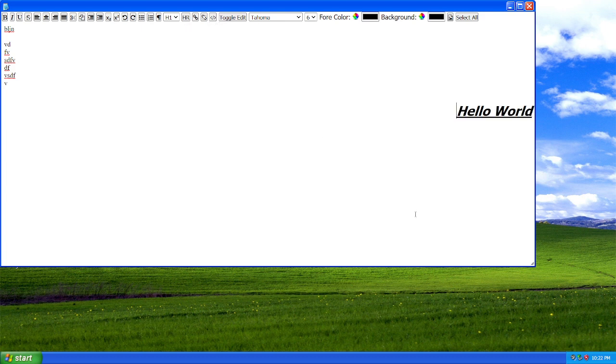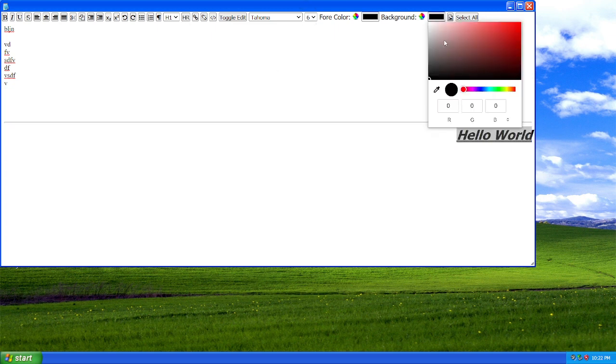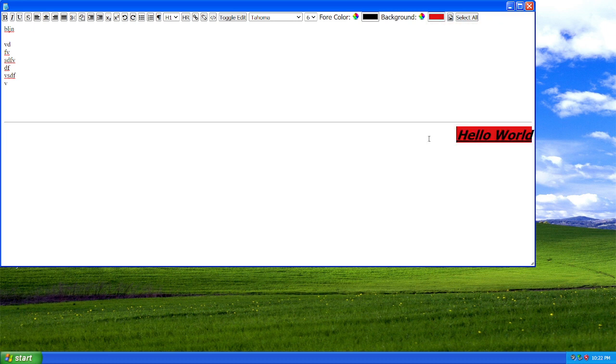You can also have a line break here. Let's change the background color. Let's change the font color.